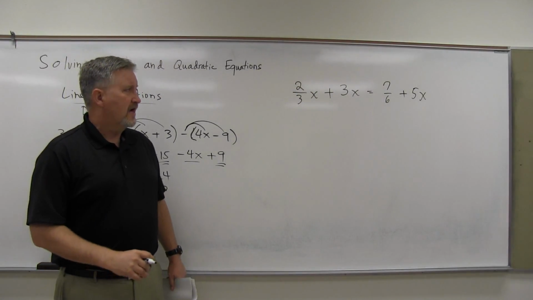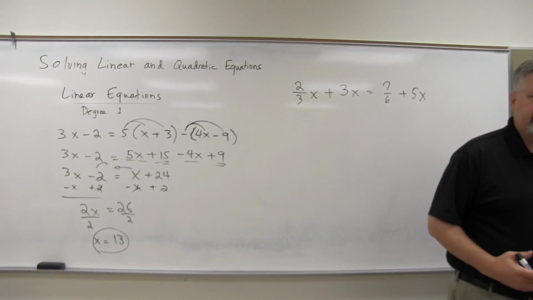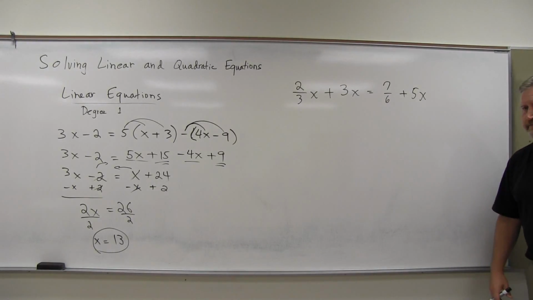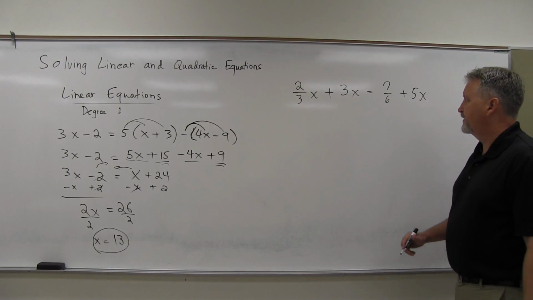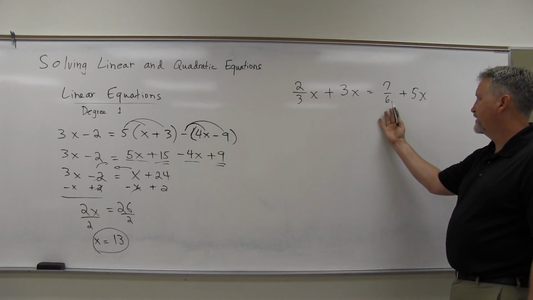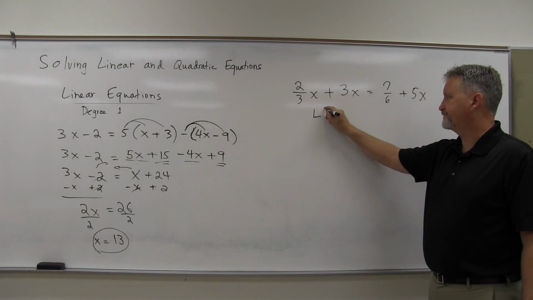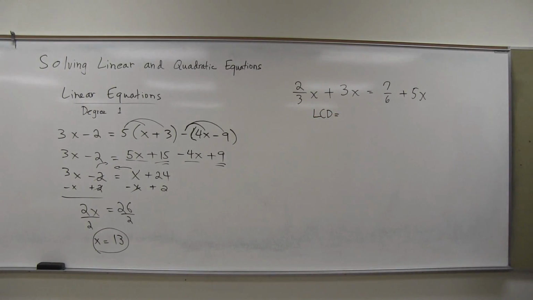All right. Yeah, so there's usually more than one way, a different order of steps that you can take. Let me show you this one because sometimes it's helpful to do what we call clearing out the denominators. If we look at the denominators, this has denominator 3, of course that's 1, that's denominator 6, and that would be a denominator 1. If we think about what would be the least common denominator for those terms, well, you